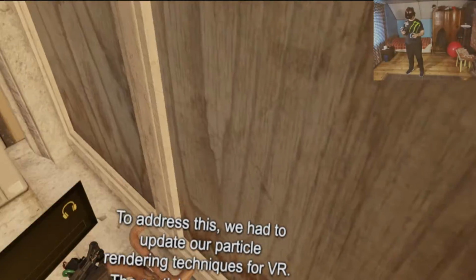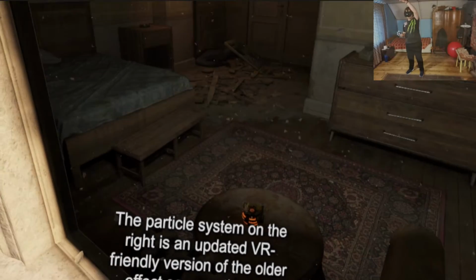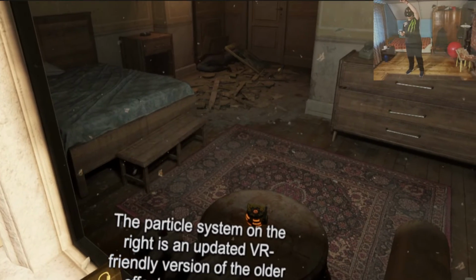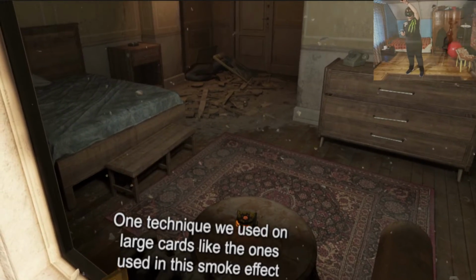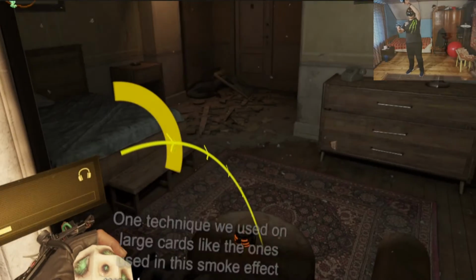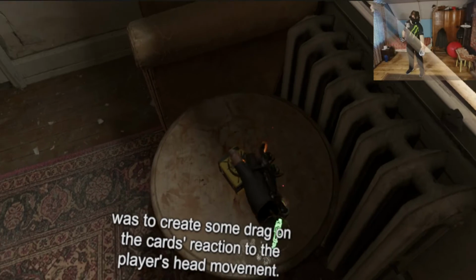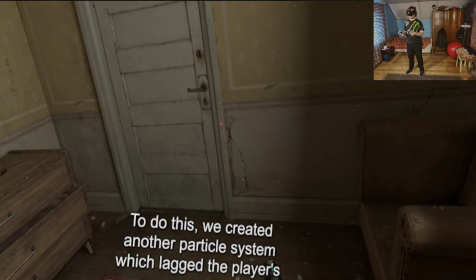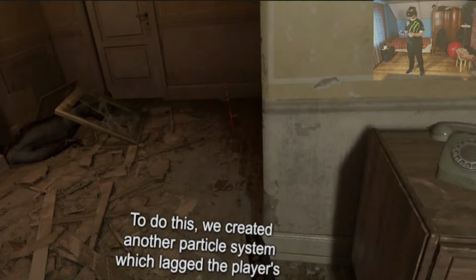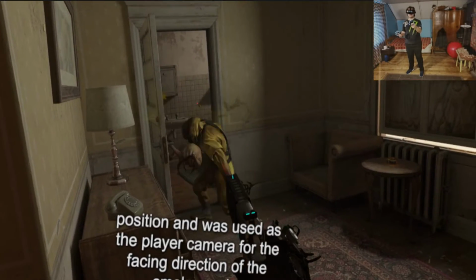One technique we used on large cards, like the ones used in this smoke effect, was to create some drag on the card's reaction to the player's head movement. To do this, we created another particle system which lagged the player's position and was used as a player camera for the facing direction of the smoke cards. By removing this one-to-one relationship of head motion to sprite rotation, we were able to give the impression that the